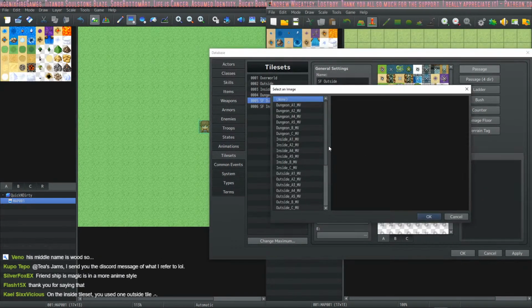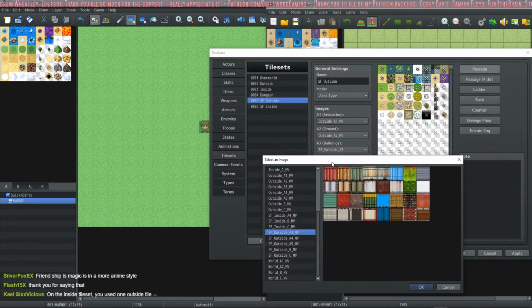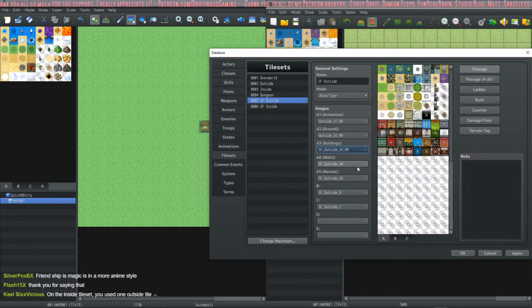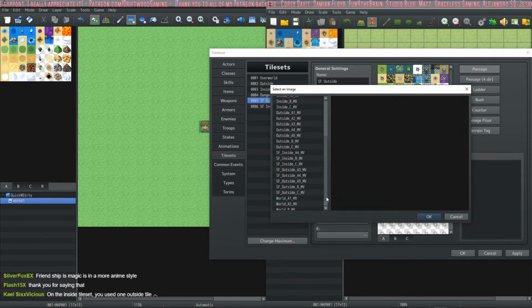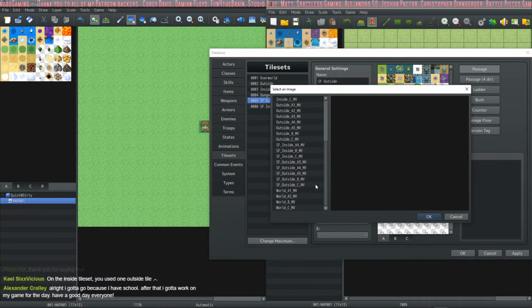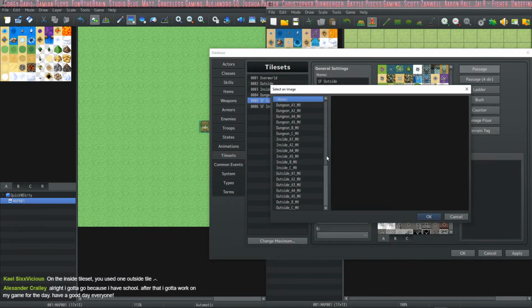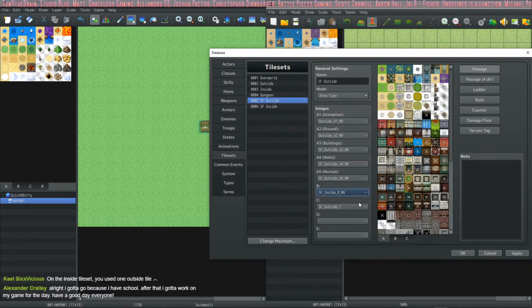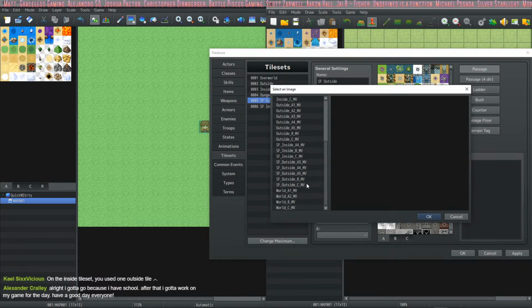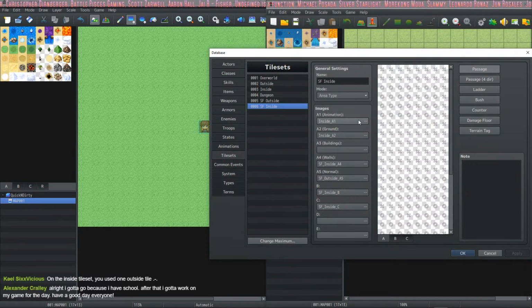Do I have sci-fi outside? No, there... Oh yeah, there is. No, there's not. A4, A3. Hold on. Sci-fi outside A3. I can check it later, it's fine. Sci-fi outside A4. Sci-fi outside B. No, I didn't mess up.